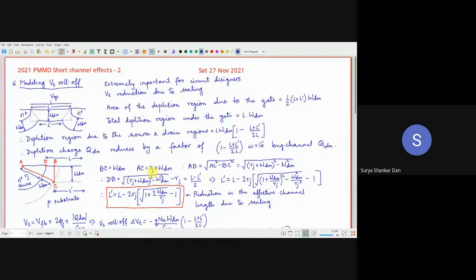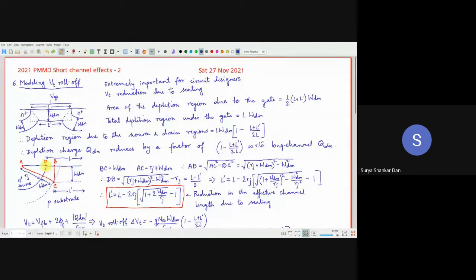Okay. So what is the value of AB? Simply AC square minus BC square. So that is what we got. I'm mostly interested in this dB, this distance here. Okay. So dB is equal to simply AB minus AD. AD is again the radius, that is Rj. Okay. And this is what we had as dB. So AB minus AD is what I've done over here to give us the dB value.